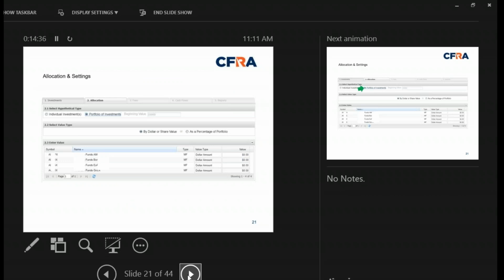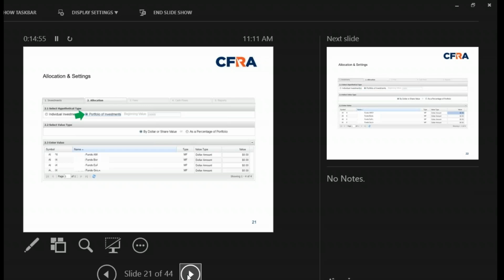There are a multitude of ways to go about this particular information. However, we do suggest clicking on Portfolio of Investments in section 2.1. This is what jumpstarts our analytics and allows you to see all the wonderful MPT stats and comparison and analytics that we have to offer.